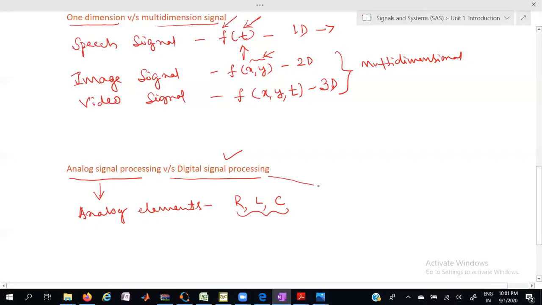In digital signal processing, we use digital multipliers and digital adders. So the processing is done on a digital signal and the results are yielded as a digital output. In such a case, it is called digital signal processing. So these are some of the